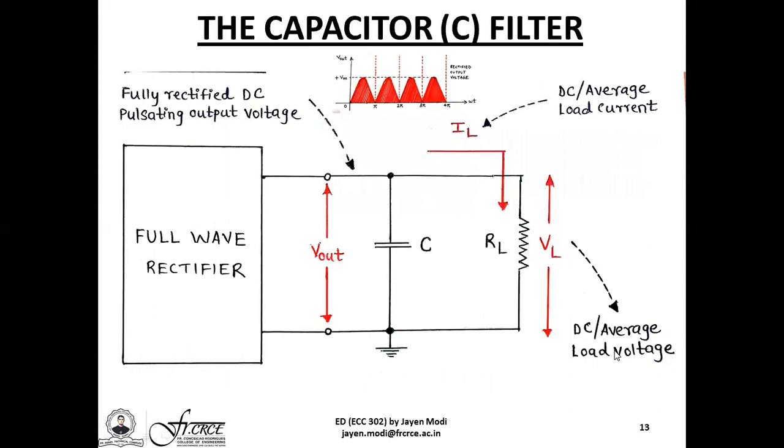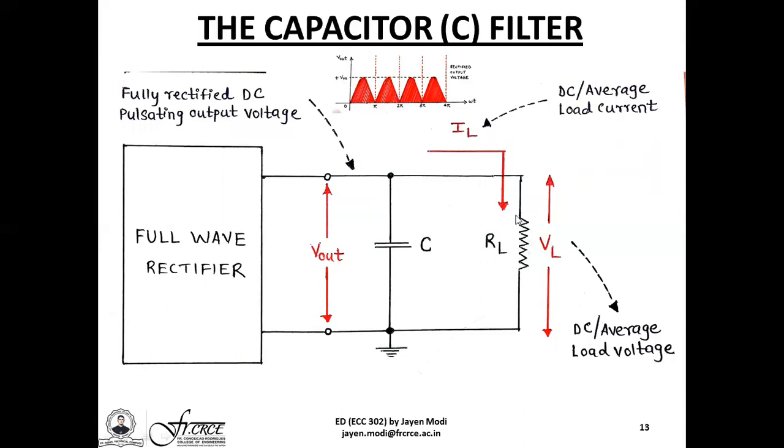Now, trying to understand the entire operation, what I've done is I've replaced the complicated circuit part by a simple block. So this is nothing but the full wave rectifier circuit. This can be center tap, this can be bridge type. And this is the output voltage obtained across it, which is nothing but pulsating DC, having multiple peak points given by Vm, Vm, Vm, etc. Now such a pulsating DC voltage is applied across the capacitor.